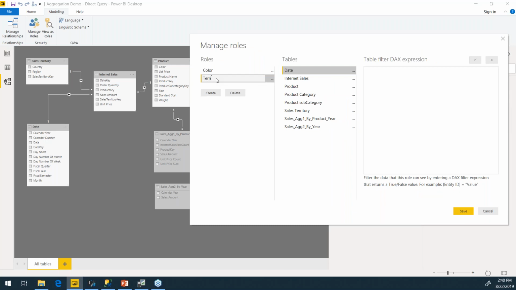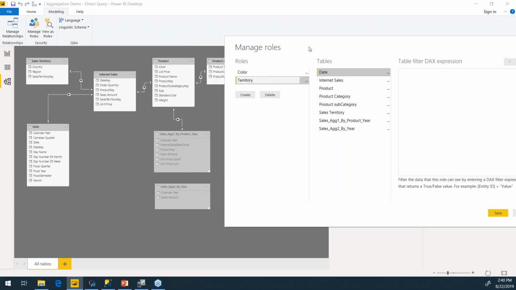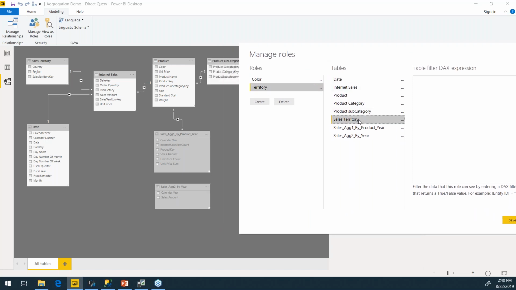And if I create a role called territory, now, I want to put a criteria on territory.